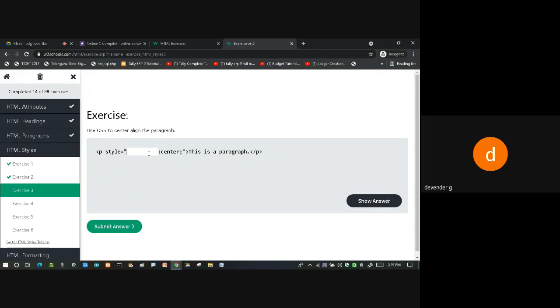So what is the tag we are going to use for that? We are using something called align. So let's see. This text should come in the center. So we have to say text align, because you have to use the word called text align. How you want the text should be. So it's a message, it's a text. So we have to use the text align. Okay.